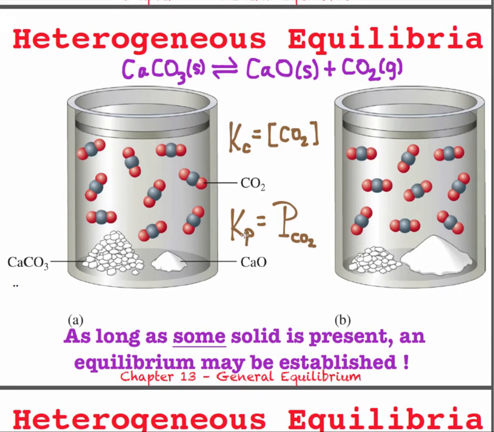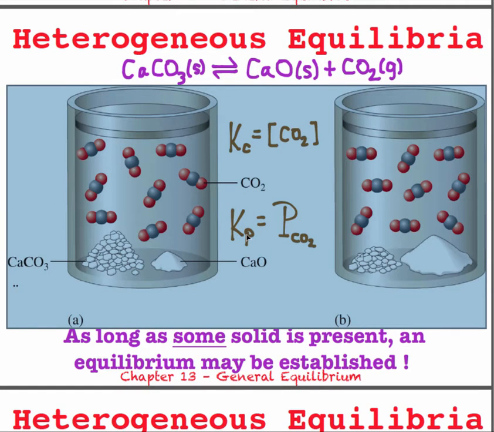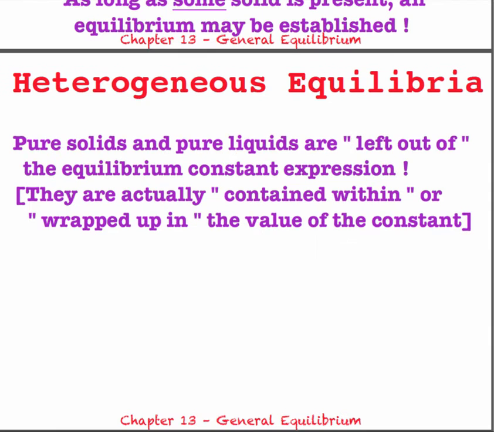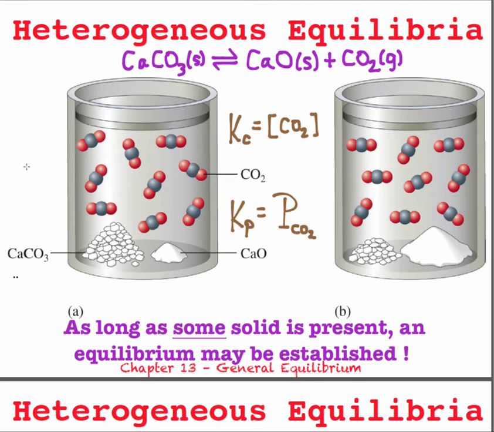But as long as there is some solid there, I can establish an equilibrium. Fiddlesticks. Here we go. Another more bizarre idea is that I could possibly start out with no calcium oxide. So this could be totally gone, and I would have calcium carbonate at a particular temperature, perhaps a large temperature,